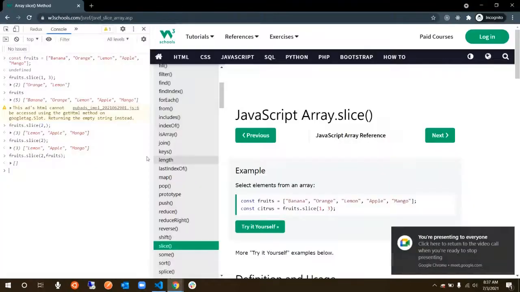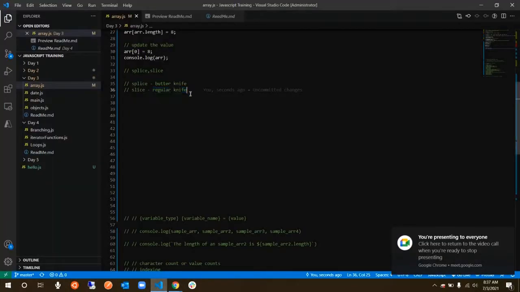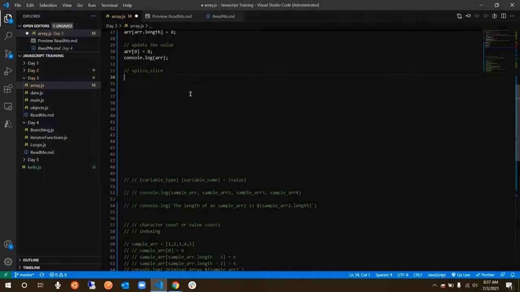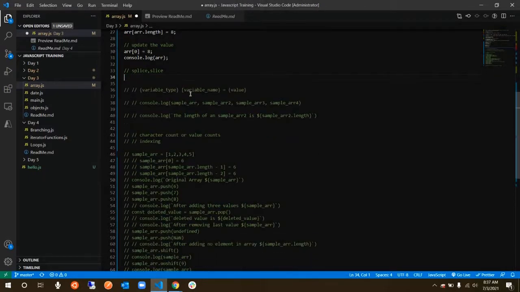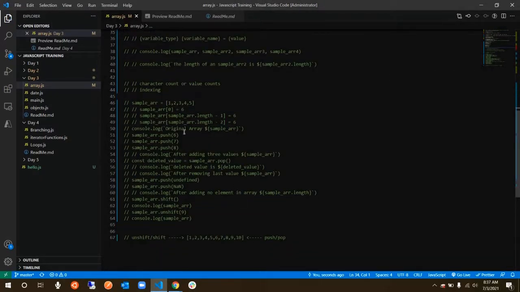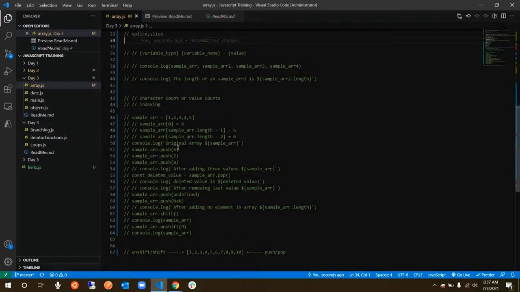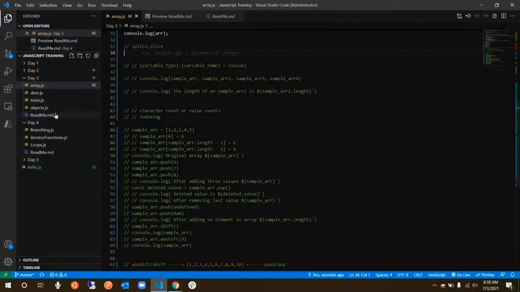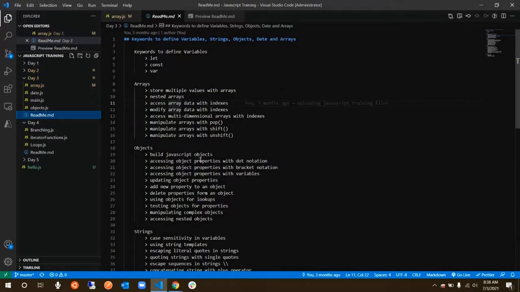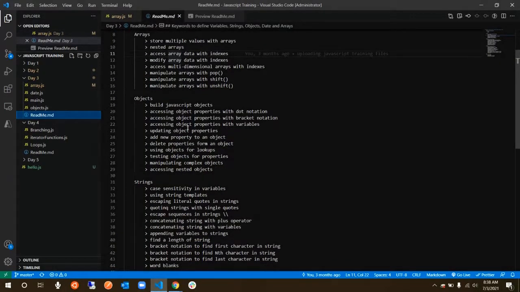Okay, I'm good. So that's about your splice and splice. So going forward, what other things do you have? Do you have any other questions that I did not answer? We did all this push, pop and counting and everything, right? So can we go ahead and do the next thing, which is about objects? Did we do objects or did we not?